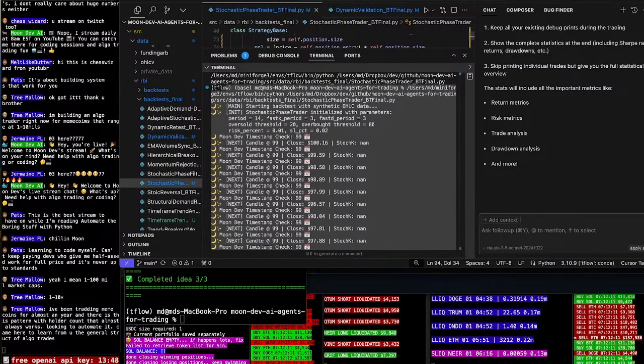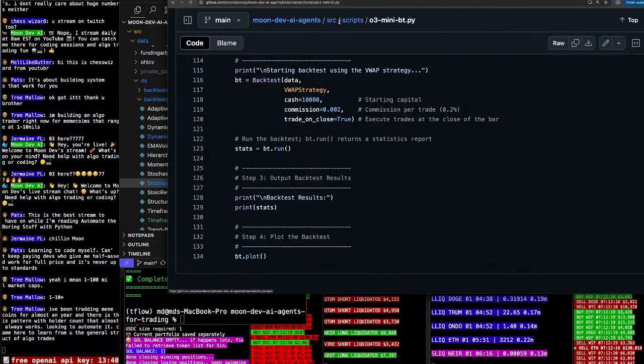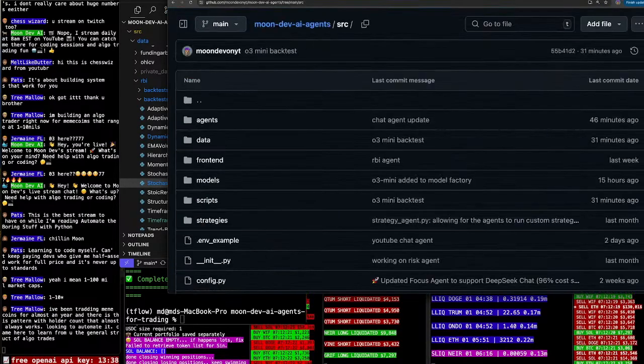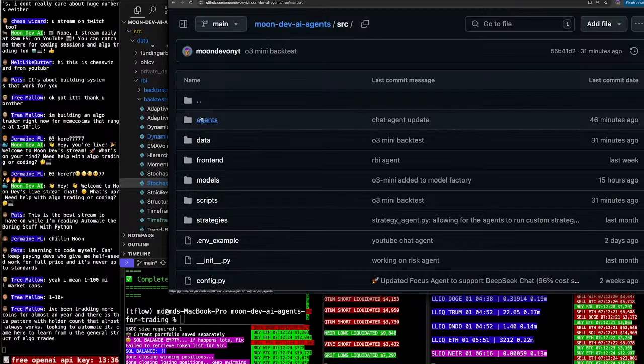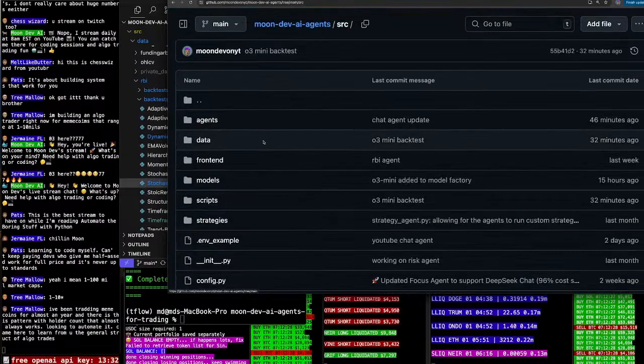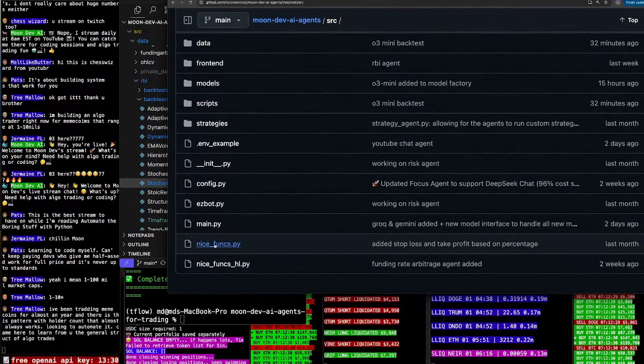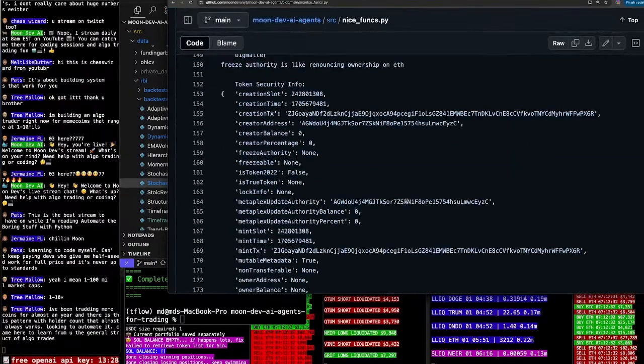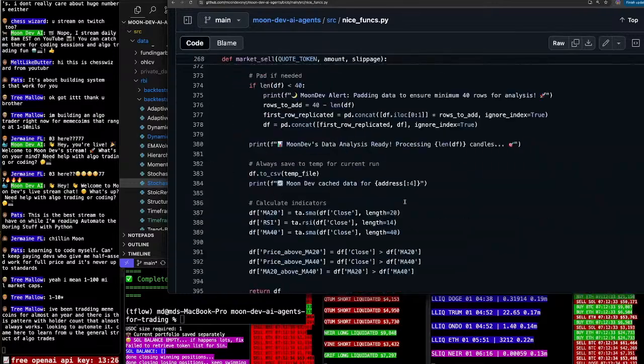Looking to automate the holder count. Nice, dude. I got a bunch of code for you, because I do that same stuff. So, agents here. Actually not the agents, the source here. This is probably going to be most helpful for you. The nice funcs file. This is all Solana trading. This is all Solana functions